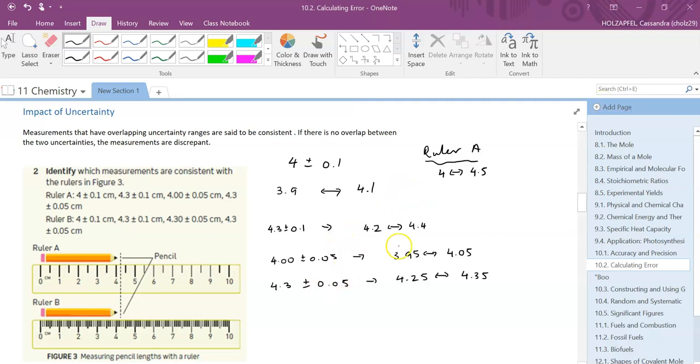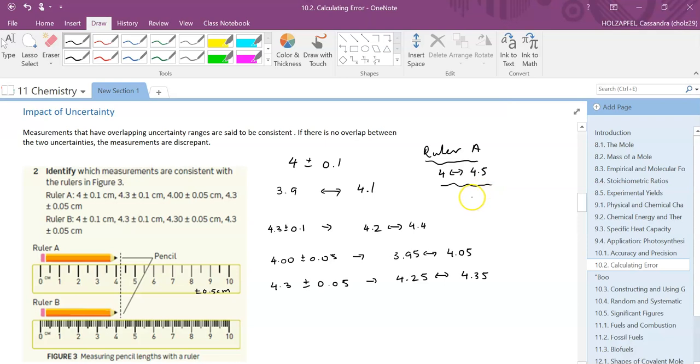Okay, so I finished calculating each of those ranges. So I've just added or subtracted each of those uncertainties from each measured value to get these ranges. And then what I've done is I've just had a look here. Now this ruler, the smallest increment of measurement is 0.5 centimeter. So the accuracy of this ruler would be plus or minus 0.5 centimeters. So having a look here, this is falling somewhere within the range of 4 to 4.5. So that's what I've just written here.